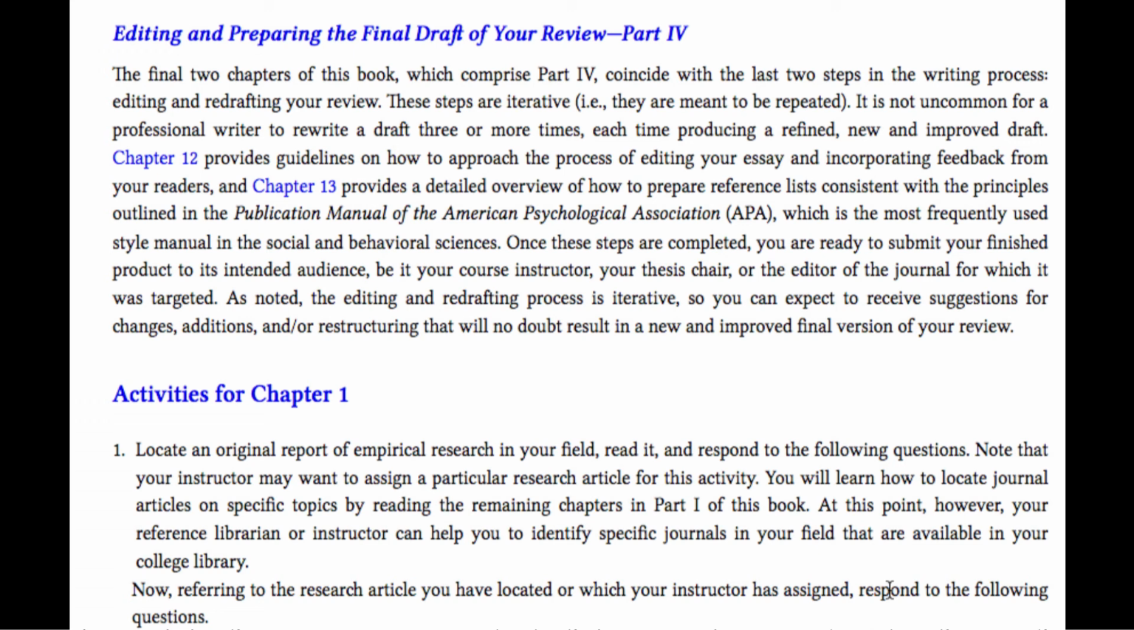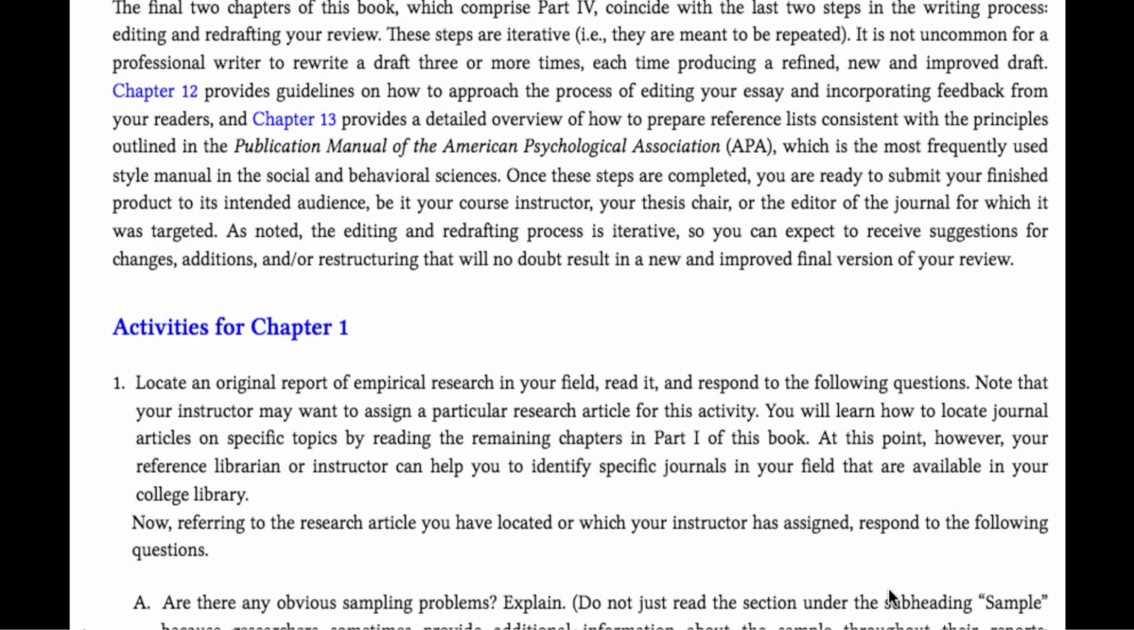Chapter 12 provides guidelines on how to approach the process of editing your essay and incorporating feedback from your readers. And Chapter 13 provides a detailed overview of how to prepare reference lists consistent with the principles outlined in the Publication Manual of the American Psychological Association, APA, which is the most frequently used style manual in the social and behavioral sciences. Once these steps are completed, you are ready to submit your finished product to its